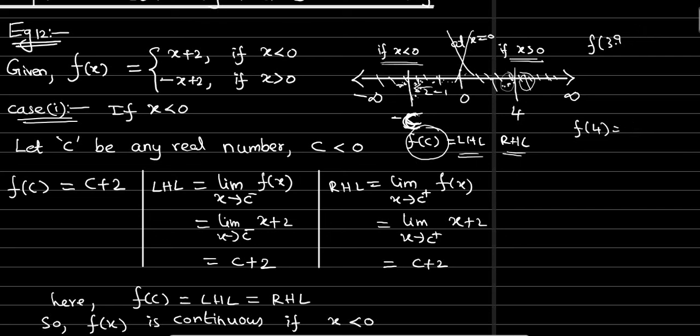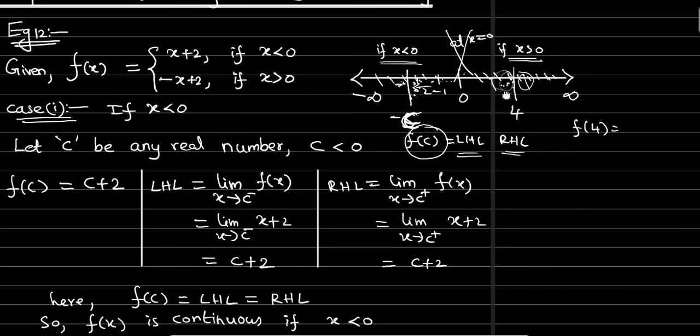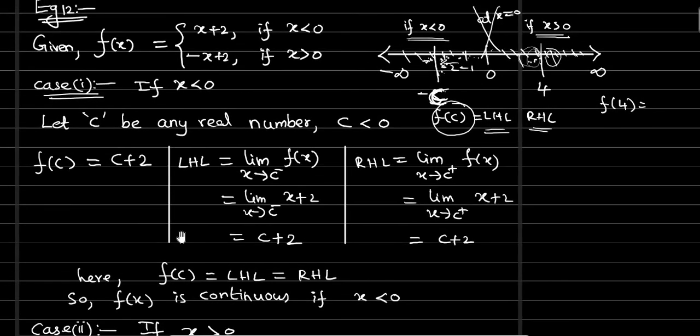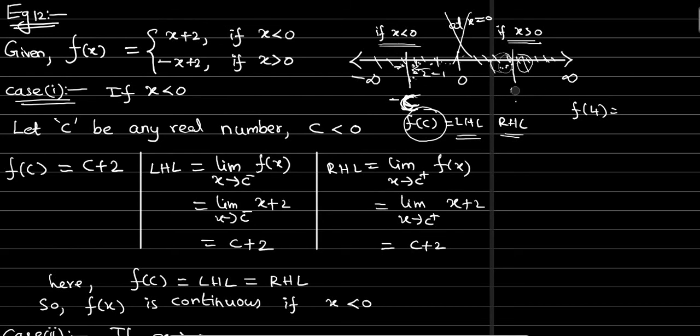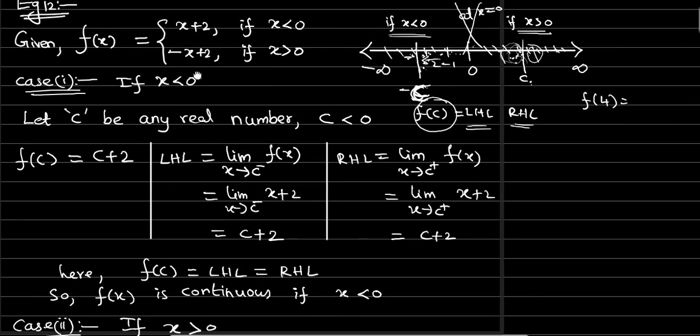So what we are going to do is apply the limit. When we apply the limit, it represents all the close values to the 4 on the left hand side. Okay, so now we are checking it in a common way for the c. For the c, the left hand side close values will also be greater than 0. They will not be smaller than 0. Left hand side close values of the c will be greater than 0. If it is greater than 0, the suitable function is the second function.